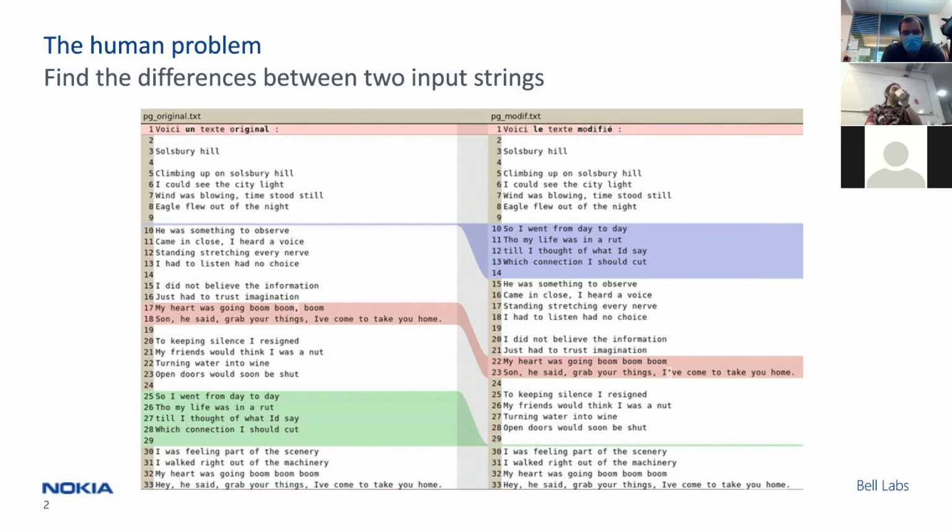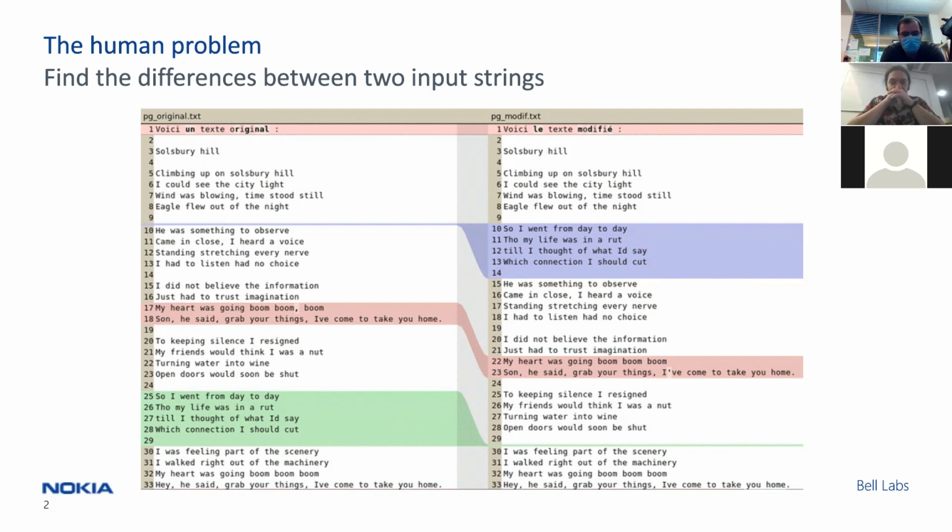I guess that most of you are familiar with this kind of tools which are used to compare two input files. The goal is to determine which parts have been removed, inserted, or modified. This kind of utility is, for example, built on top of diff under Unix. Here, for example, this is Compare. But if you use Git, when you run git diff or when you publish an update of your code, behind the hood, you are using this kind of tool.